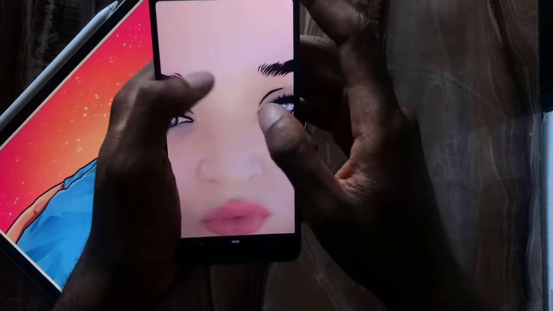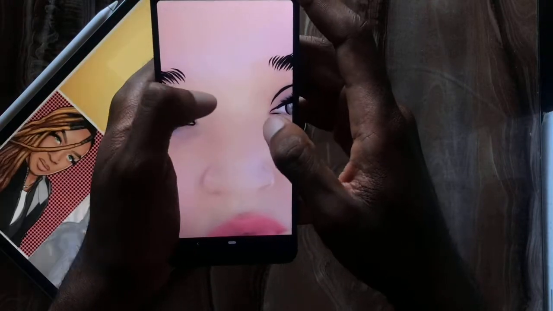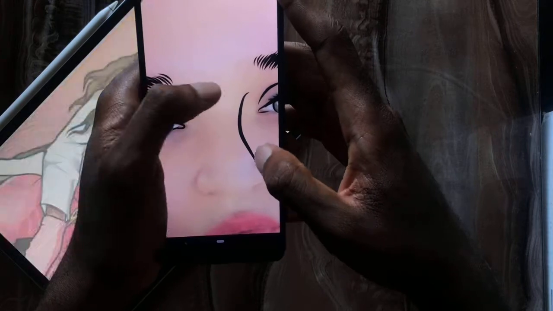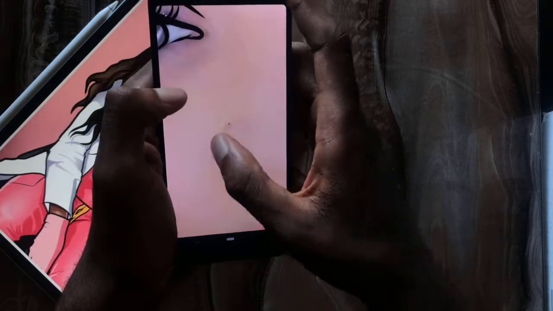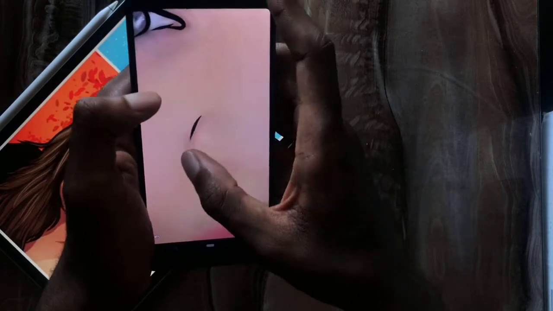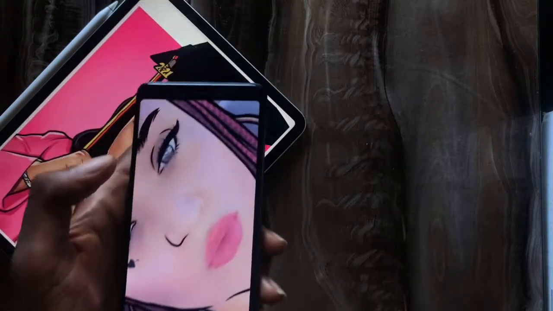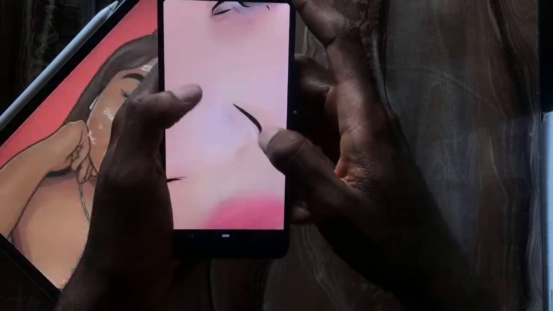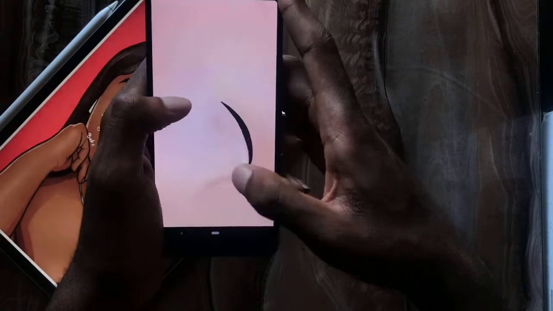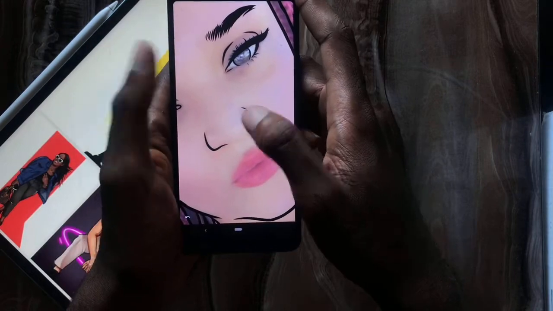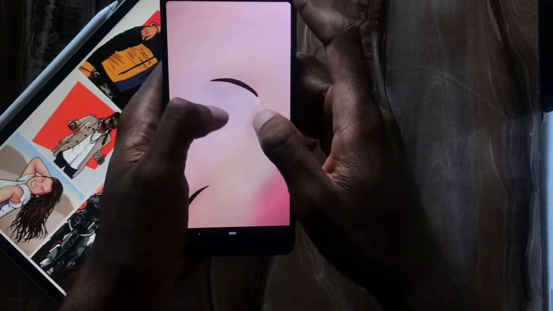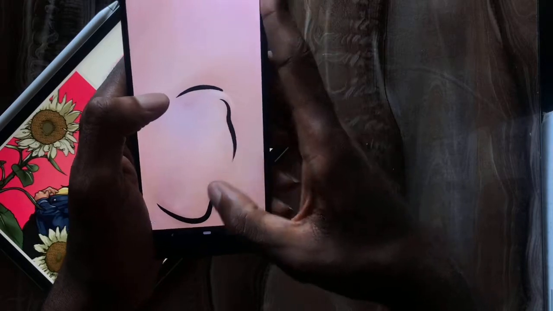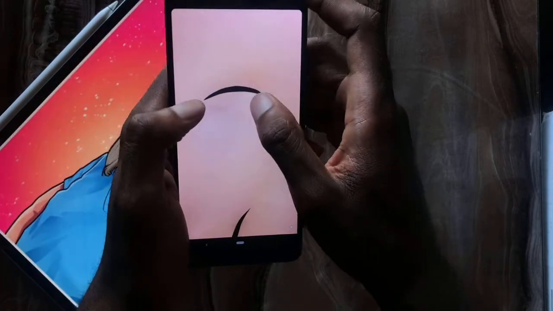So our nose here, I don't draw nose like this. I don't do that. I draw my nose just the bottom part here. Other details will be added while I'm doing the painting. She has a nose ring on, and I don't know how I'm going to do that right now. I think I have to use my brush size to do a nose ring here. I'm just skipping it right now. I'm skipping out any details that